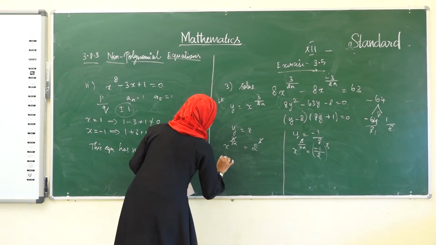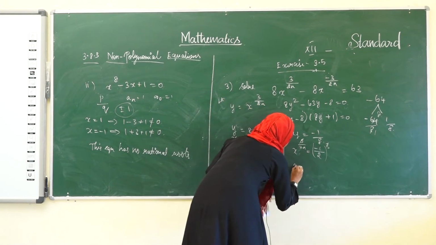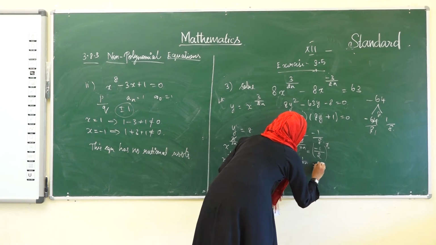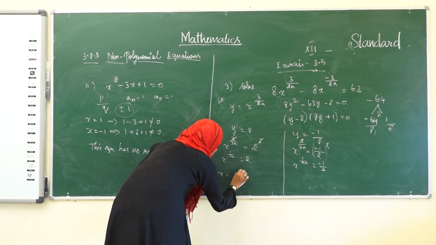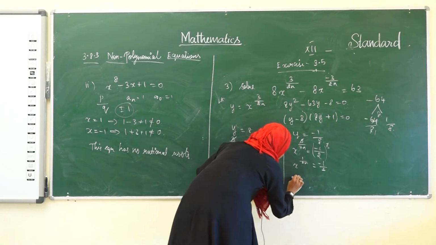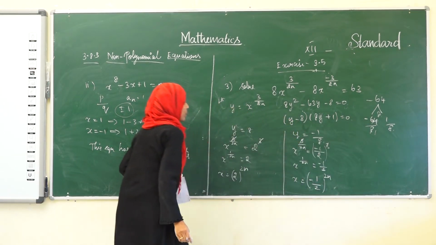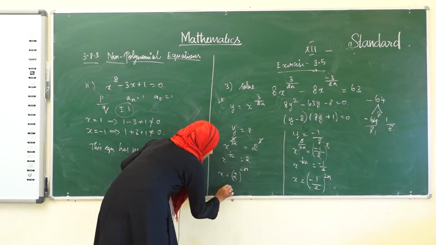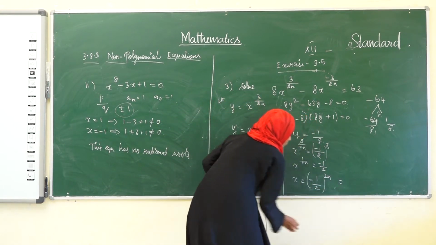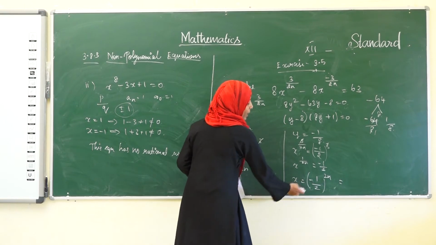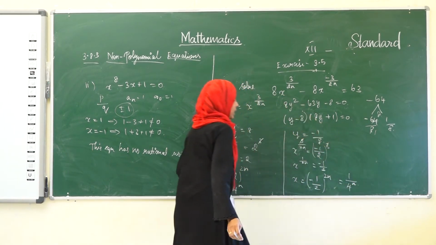What's the remaining? We get x power 1 by 2n is equal to 2, and here x power 1 by 2n is equal to minus 1 by 2. So here x is equal to 2 power 2n, and here x is equal to minus 1 by 2 power 2n. That is, see here, we are going to square this. Therefore, 4 power n. Keep the n as it is, and here too, while squaring, minus into minus, we get the answer plus. Therefore, 1 by 4 power n.